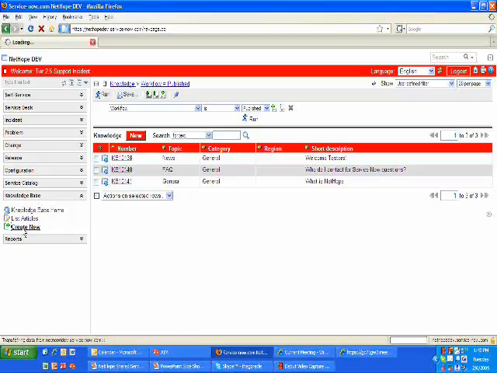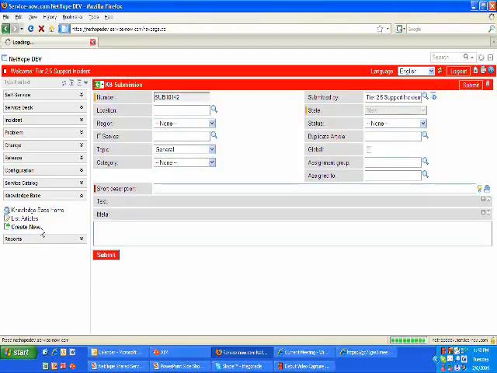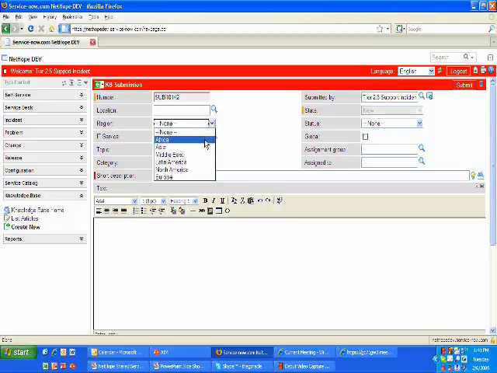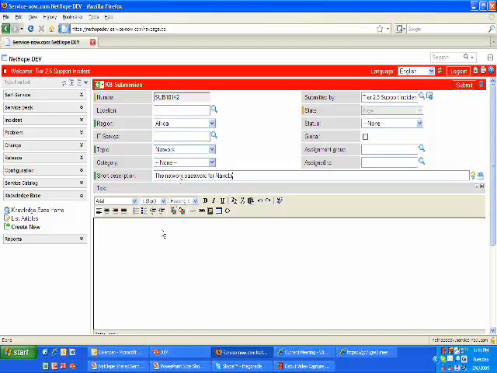Last thing that I want to show for this piece is creating a new knowledge base article. So you can come into this knowledge base module, application, click the create new, and begin to put information into it. So let's create a new one that is specific to Africa. We can select any of the topics here. Let's say network, and let's say the network password for Nairobi is